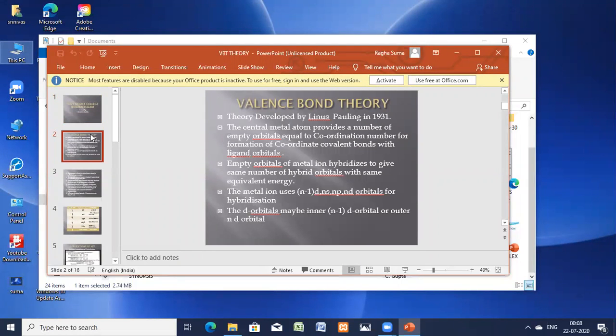Valence bond theory. This theory was developed in 1931 by Linus Pauling. This was the third theory given for coordination compounds. The central metal atom provides a number of orbitals. What the postulate tells is the first postulate. Before explaining, Linus Pauling in 1931 explained that the metal